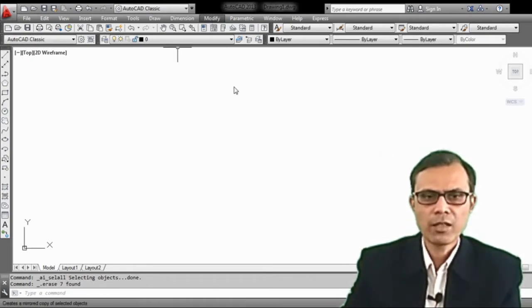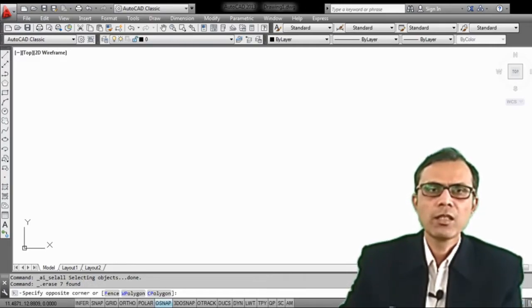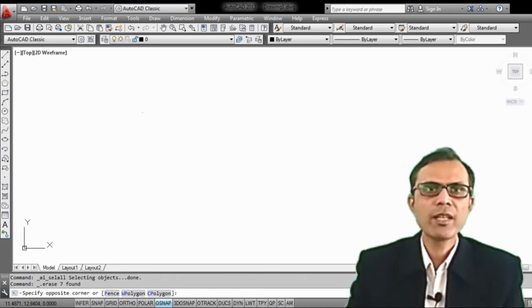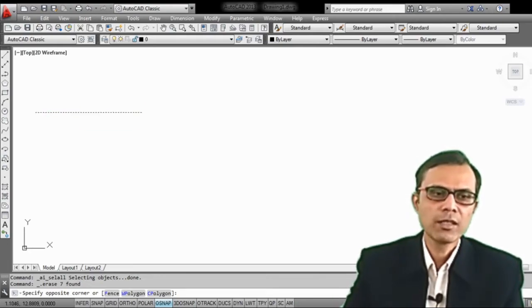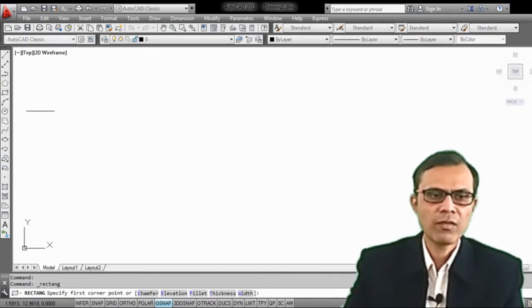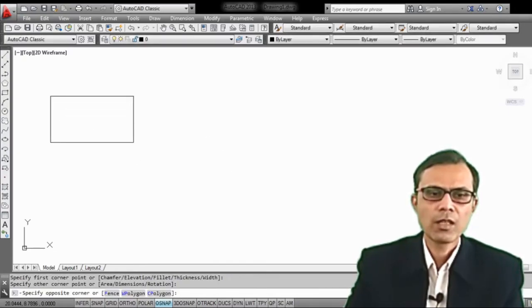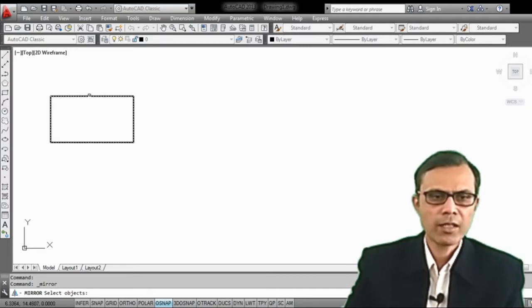Now next command is mirror command. By operating this mirror command, we can create mirror image of the object. Same image of the object can be created, and with the same distance with reference to mirror line. So first we select one object as reference, rectangle. Now operate this command, mirror line, from modify command line. It is the mirror command. Select the object. So this object is selected.